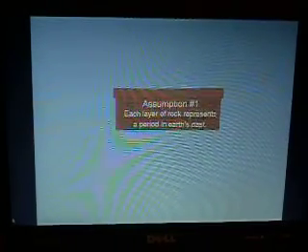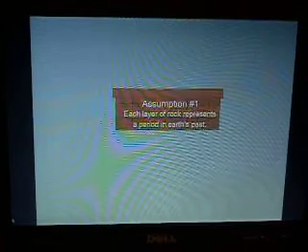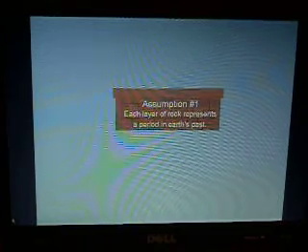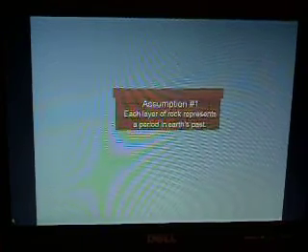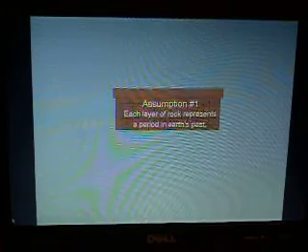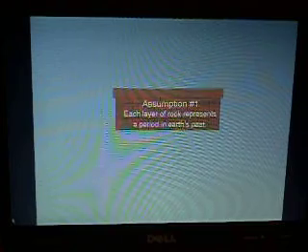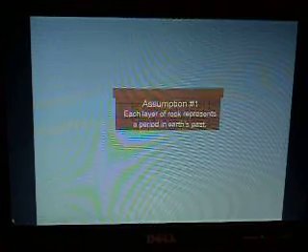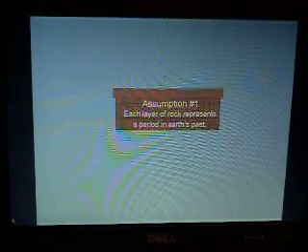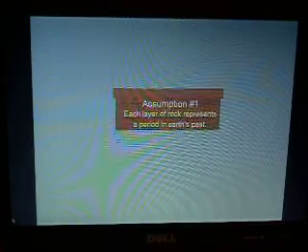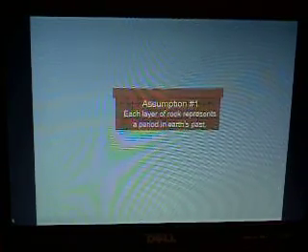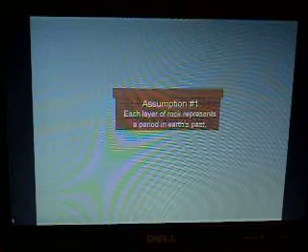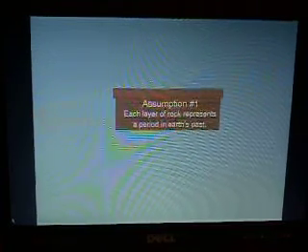Continuing our review, remember last time we talked about the first assumption that's made when making this geological column. That assumption was that each layer of rock represents a period in the Earth's past. Now we talked about how this assumption comes into question when we look at local catastrophes like Mount St. Helens, for example, where layer upon layer upon layer of stratified rock was laid down in less than a day. Therefore, this assumption does cause us some questions, because each layer of rock does not necessarily represent millions of years in Earth's past.